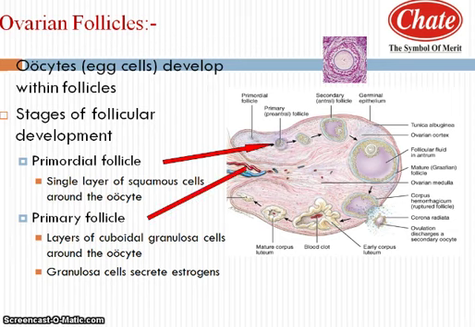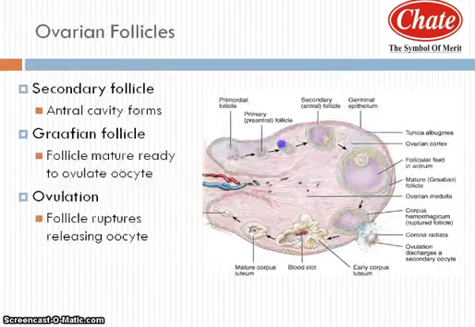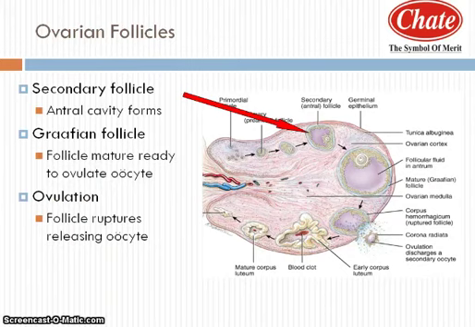Then under the influence of FSH, the primary follicle gets converted into the secondary follicle. Means two layers of granulosa cells cover this primary oocyte. This secondary stage is the condition where meiosis resumes, which was arrested in the earlier period, and now this secondary follicle, which is covered by two granulosa cell layers, under the influence of the hormone FSH gets converted into the Graafian follicle. The Graafian follicle is also termed as a mature follicle, which was discovered by the scientist de Graaf.